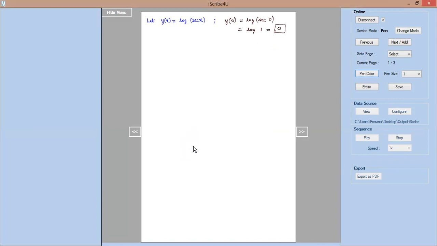Now we differentiate y of x with respect to x to obtain y1 of x. Differentiation of log of secant x is 1 divided by secant x into the derivative of secant x, by the chain rule. So differentiation of secant x will be secant x into tan x. Now we observe secant gets cancelled and y1 of x is nothing but tan x only.